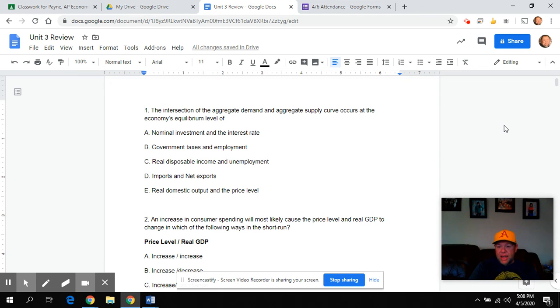Wednesday, I'll post the last unit for macro this time, which is Unit 4, the money market, Federal Reserve, loanable funds. If I were to bet, I bet they will take a question from Unit 3 and a question from Unit 4, but the Unit 3 one will probably be the big one. They're going to do a longer free response and a short free response. Okay, but just start working on Unit 3 here.